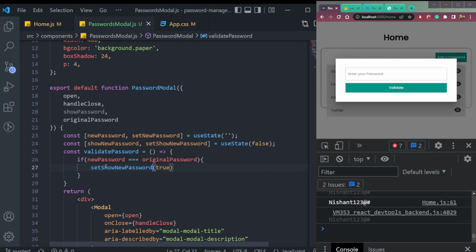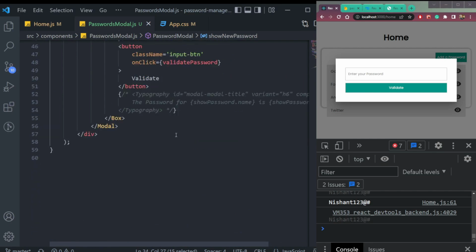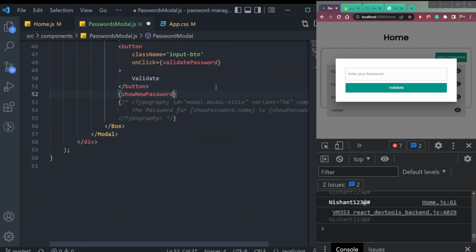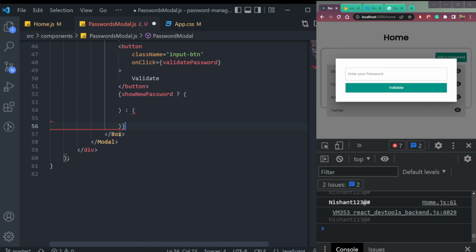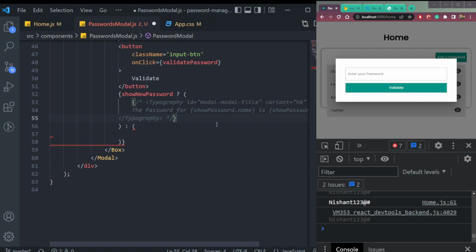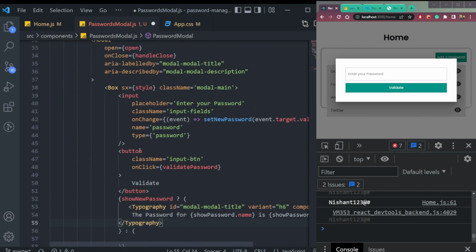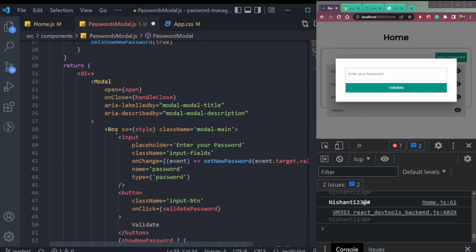Fine, then it will work. So if it is true, when this is equal to each other, then we will show this. So we can say show new password, and just copy or cut it, and if it is true, we will show this. Just uncomment this. Okay, remove the comments. Save. But if it is not true, then we can say all other things like this input and button